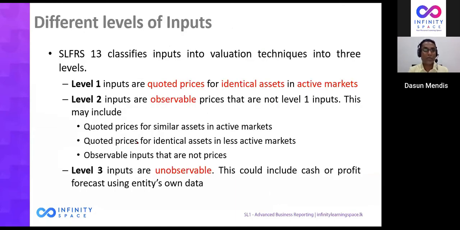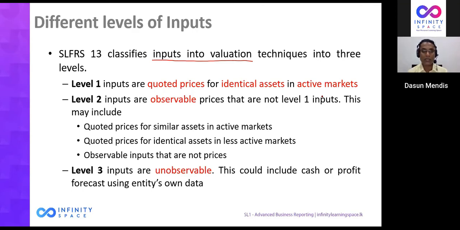measurement. So these inputs are actually categorized into 3 levels. This is also called the fair value hierarchy. Now, the inputs that you take into the valuation are 3 levels: level 1, level 2, and level 3. So the level 1 inputs are the inputs which have the highest quality. So to classify something as a level 1 input, it has to be a quoted price for an identical asset in an active market. An example I can give you is, if you hold shares in a listed company, invested